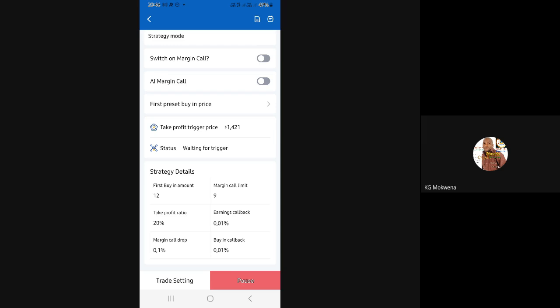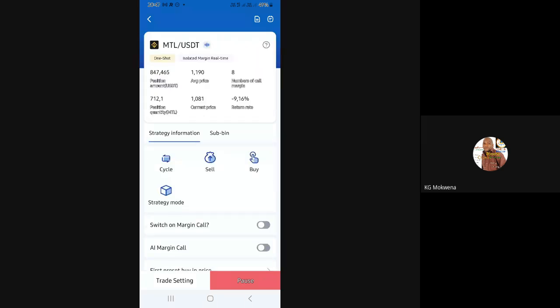Can you please move up a bit, show us up so that people can see the buy position? We move up now, up the page. Yes. Now, business partners, you can see there's a buy button there. There's a cycle, there's a sell in the middle with the arrow pointing up. To the right, there's a buy. When you buy additional quantity, which we did in the past with 500 or so, that money went into